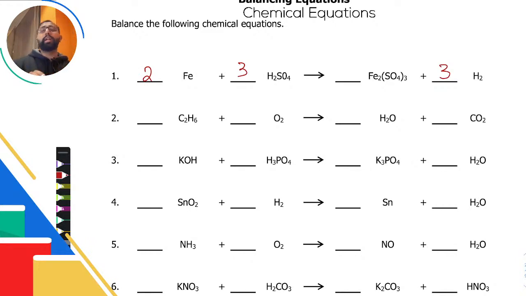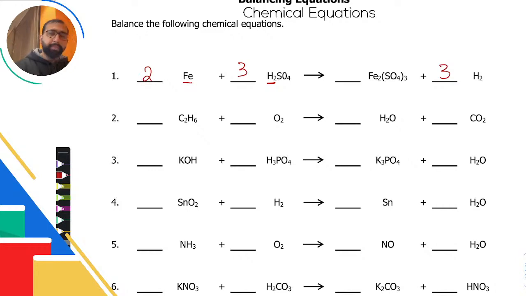Now, here's the thing. Before we do that, another important thing to do would be to understand what equation represents what kind of reaction. So for example, in the first one, what's happening? Let's try to make sense of that. Iron is displacing hydrogen. Because over here, sulfate is with hydrogen, but over there, after the reaction, sulfate is with iron. So iron has displaced hydrogen. This is telling me that iron is a more reactive substance than hydrogen ion. Also, in terms of oxidation and reduction, iron has been oxidized. So I can say that iron is a better reducing agent than hydrogen in this case, which is why it's able to displace it.